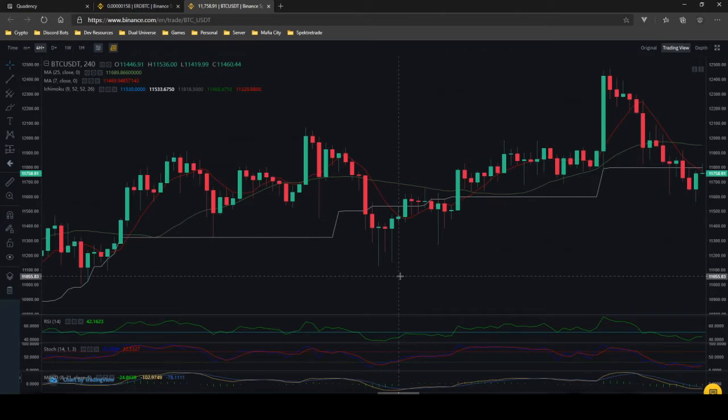So first things first, let's look at this baseline. Now, baseline is this white line here. When it's below, it's kind of bearish. You don't really want to trade. When it's above, it's bullish. That's like, on a downtrend, you can either